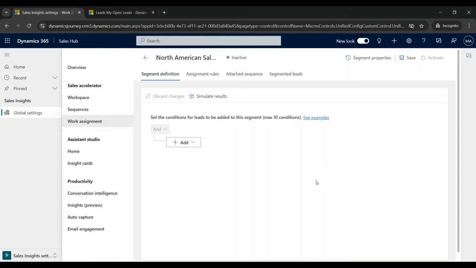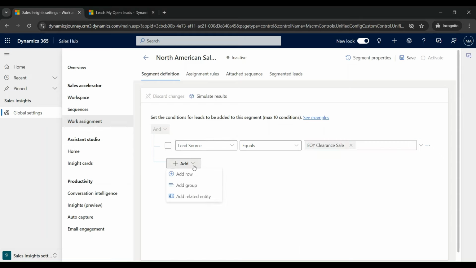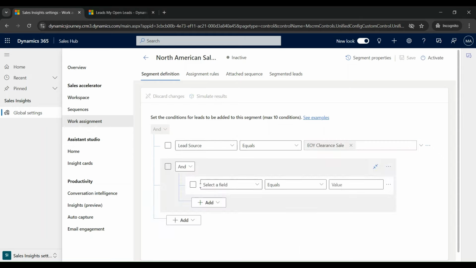Now here we have to create a condition for the leads to be added to this segment. So just to recall the scenario, the North American sales team will handle the leads for the US and the Canadian region, and the lead source is end of the year clearance sale. Let's add a row over here. Lead source equals end of the year clearance sale. And over here, because we are specifying two regions,